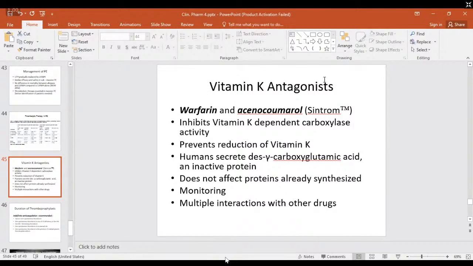When you need to discharge your patient from the hospital, you cannot discharge your patient on an unfractionated heparin or a fractionated heparin because it's not very practical. That's why your patient needs to continue his or her anticoagulation by taking oral drugs, and it can be vitamin K antagonists like warfarin or acenocoumarol. And after that, they need to monitor their INR, and the INR should be above 2. So it should be usually between 2 and 3, according to the thrombotic